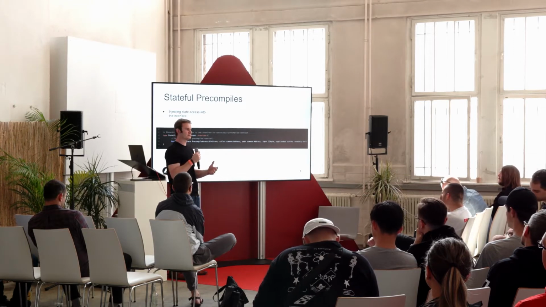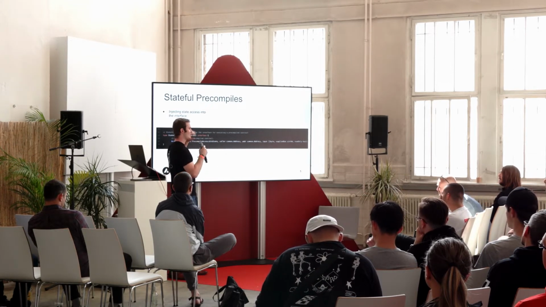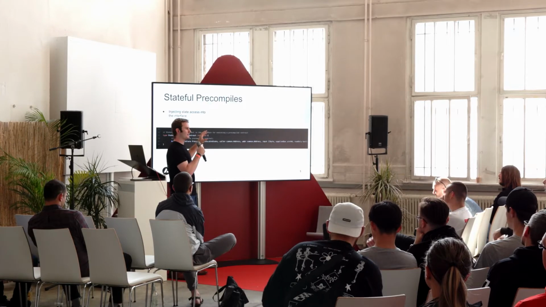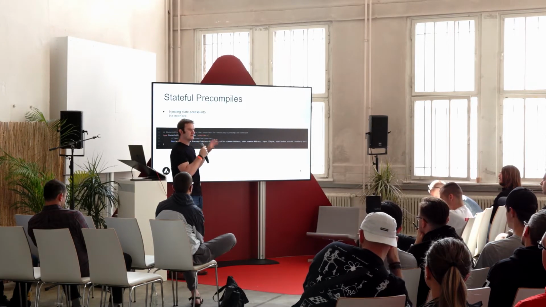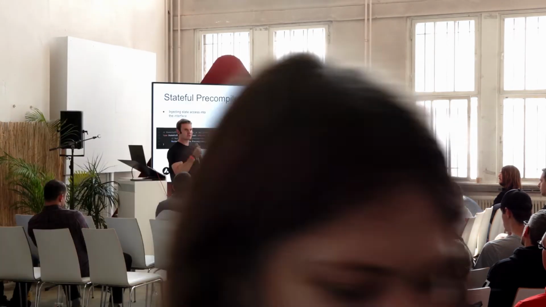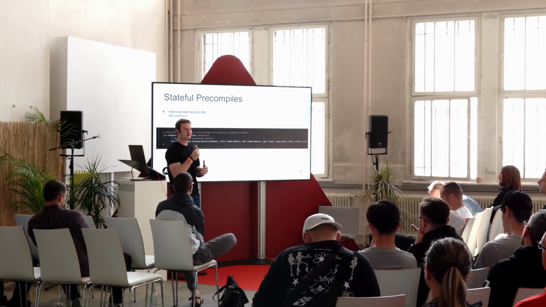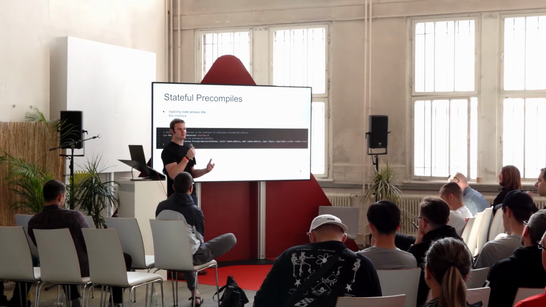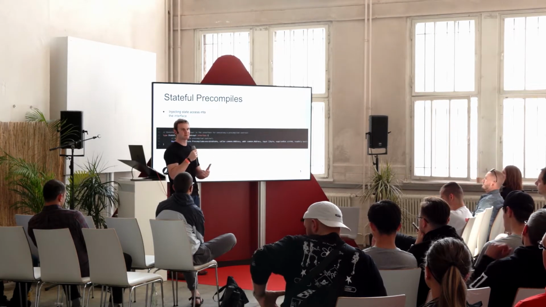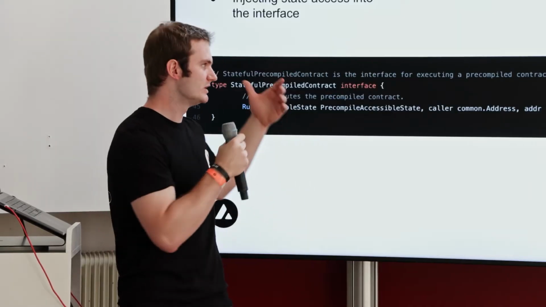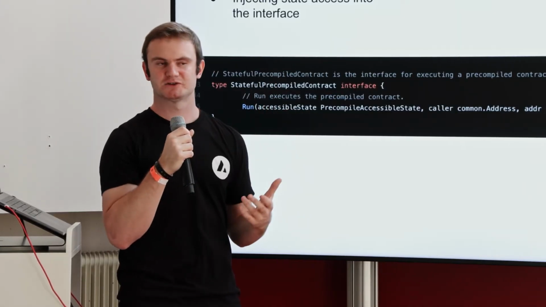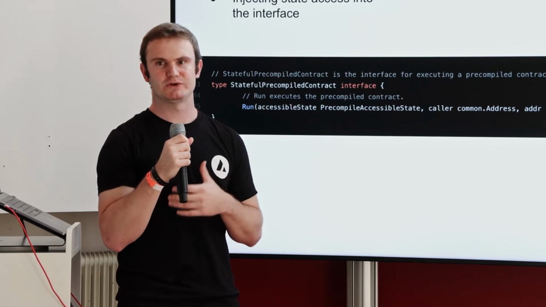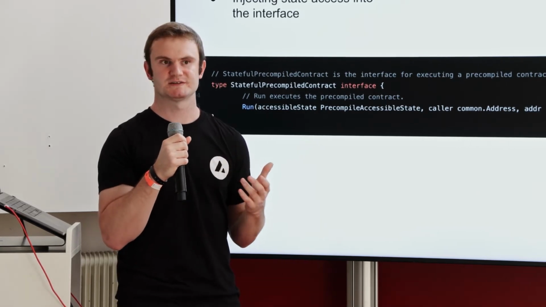chain. And the reason for that is you can't just go and say, hey, add this stateful precompile, it's going to optimize my smart contract, because you have to get every validator in the network to agree on what is out there, right? And so you can't just kind of force people to do that. And that would be a network upgrade that we need to get agreement on. We can do this if there's universal agreement on it, but it's not nearly as useful when you don't have the ability to really customize the instance of the EVM.